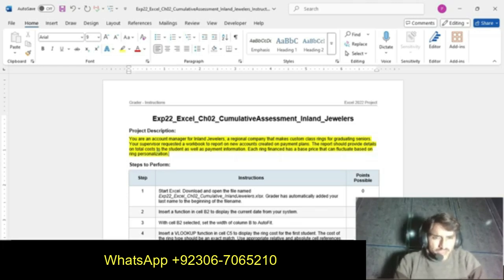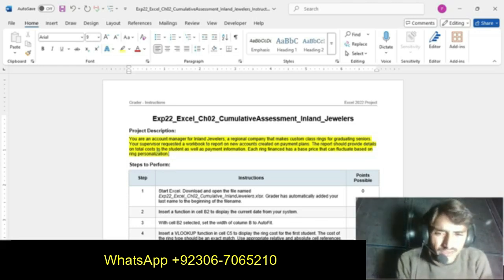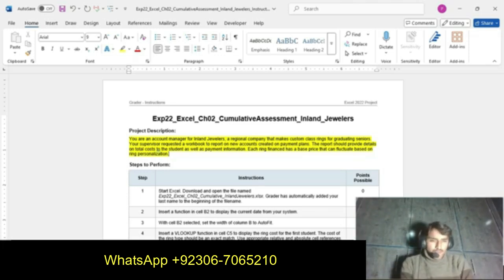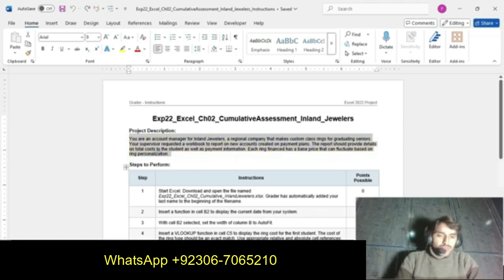Each ring is financed at a base price that can fluctuate based on ring personalization. So we get the idea of what we do in this assignment and the process of this assignment. Now we start our project.